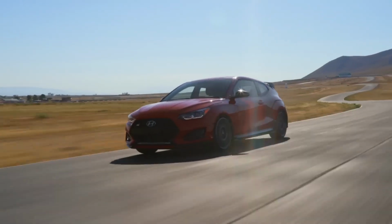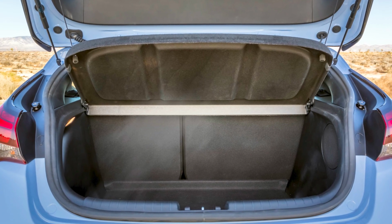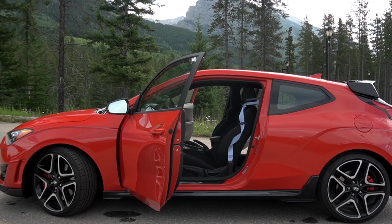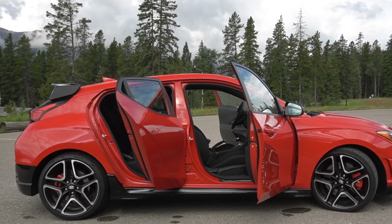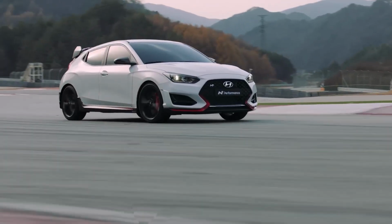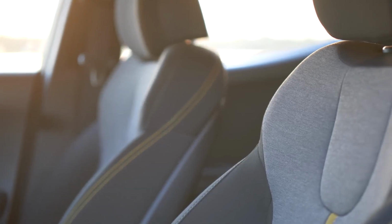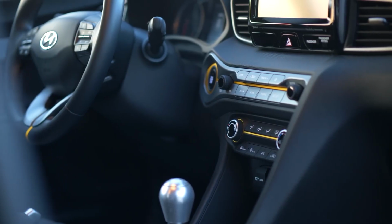The 3-door layout looks strange but actually works, and you get 19.2 cubic feet of cargo space. The weird door setup actually makes loading stuff easier than you'd think. With its loud exhaust, tight steering, and solid body control, the Veloster N is one of the most exciting hot hatches you can buy. Hyundai tuned the suspension to balance comfort and performance, so you can actually drive it every